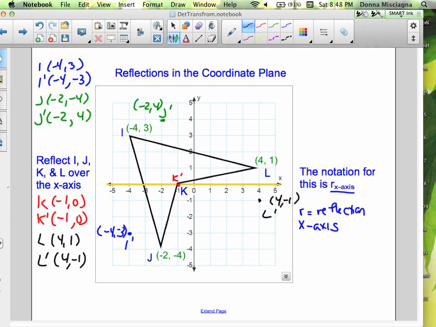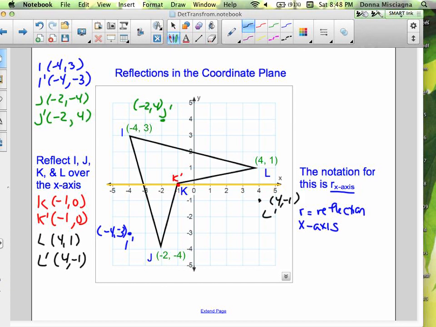That's L prime. All right, so now we can connect. And be careful if you're connecting, a square is not hard and a triangle is not hard. You can't possibly connect a triangle wrong, right? Because each of the 3 points is connected to the other two, so no matter which way you go. But with this figure, if I connect the points in the wrong order, I'm going to end up with something